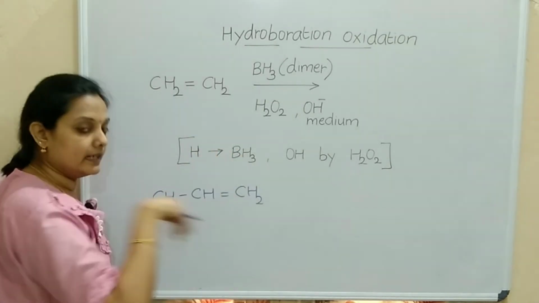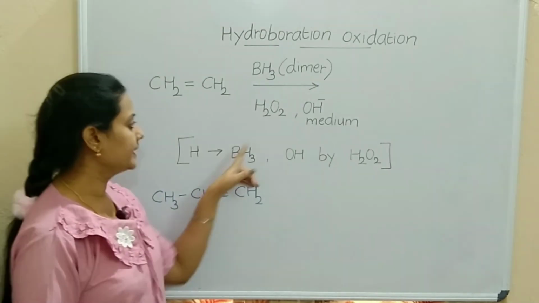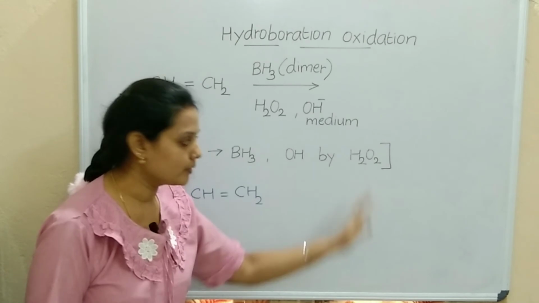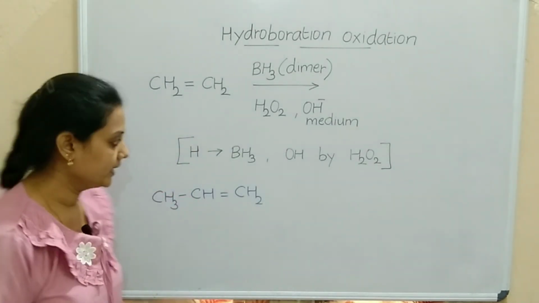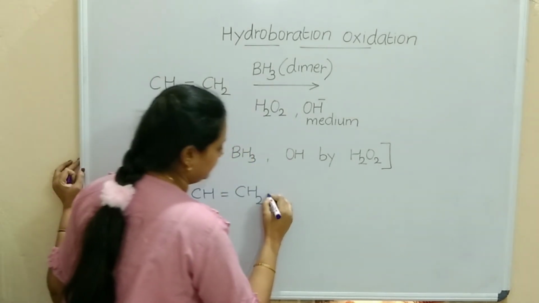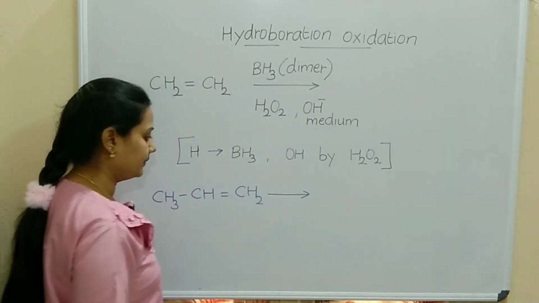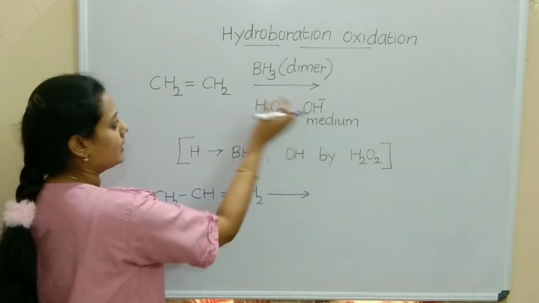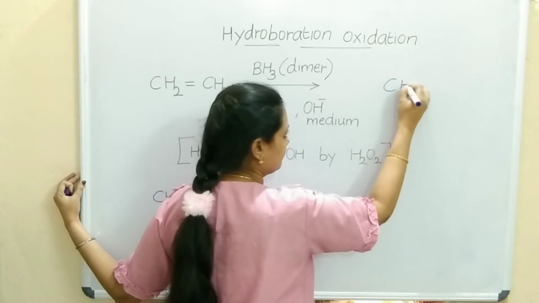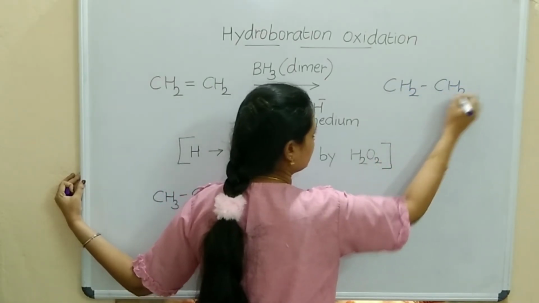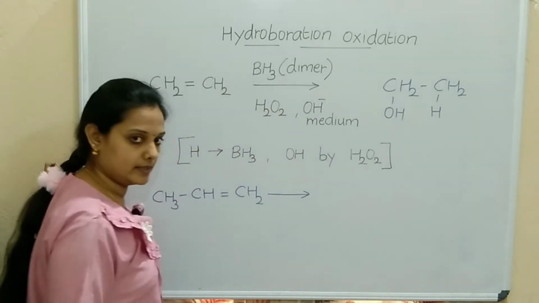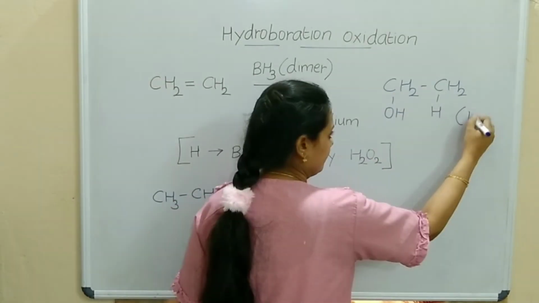Now, indirectly we are adding the water. That means H is provided by BH3 and OH is provided by H2O2. Correct? So, water, H and OH indirectly. Okay. Here also the same conditions. Now, what will happen? Here, one of the H and OH, to either of the carbons it can attach, so it forms CH2, CH2. To one carbon I will put H and to one carbon I will put OH. So we get primary type of alcohols here.